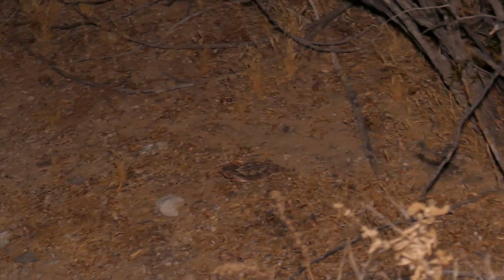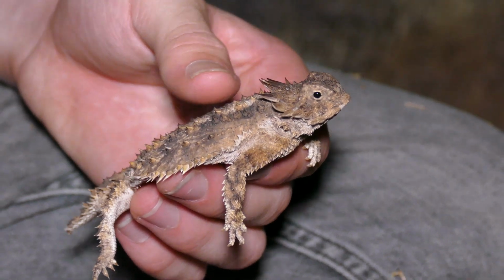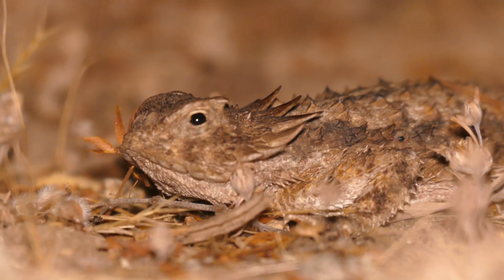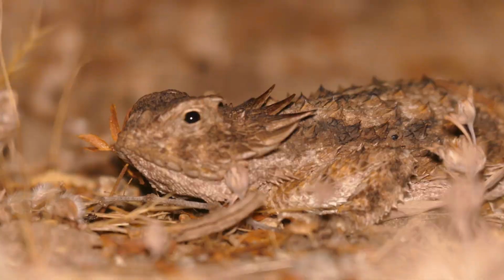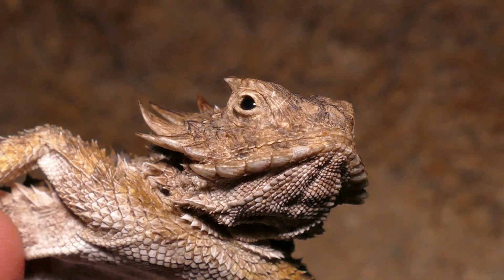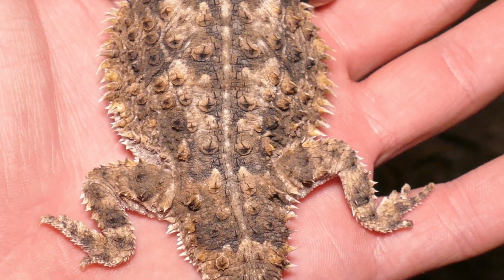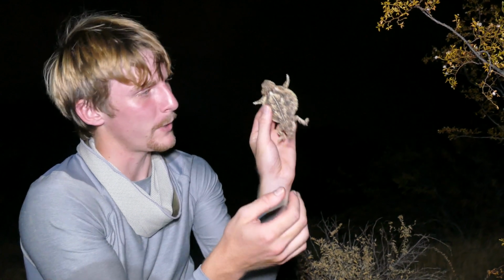Now, these guys actually can be fairly quick sometimes. It's nighttime, he's not paying attention, he's a little bit goofy, but these guys are built for desert. They're built flat, and as you can see, not a lot of things would actually want to eat this lizard. When you think about things that eat lizards, you normally think about snakes and other little reptiles. If you're a snake, this is just not something you can eat. I mean, look at how weird and...